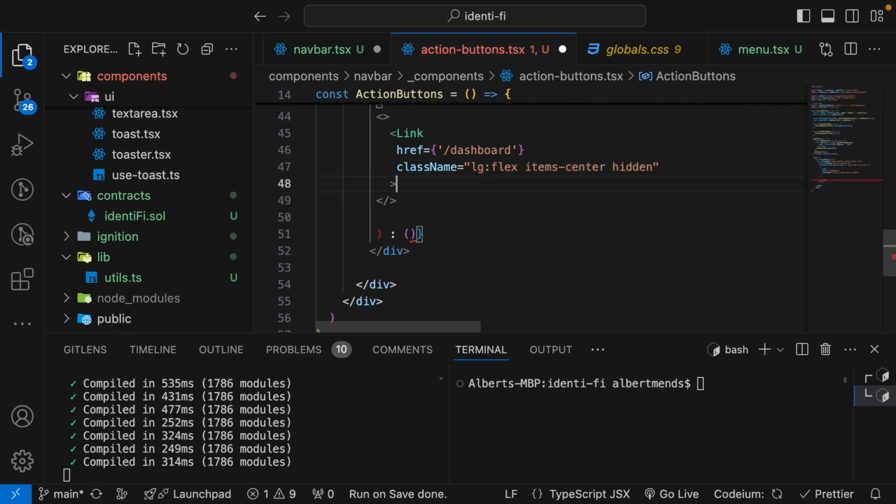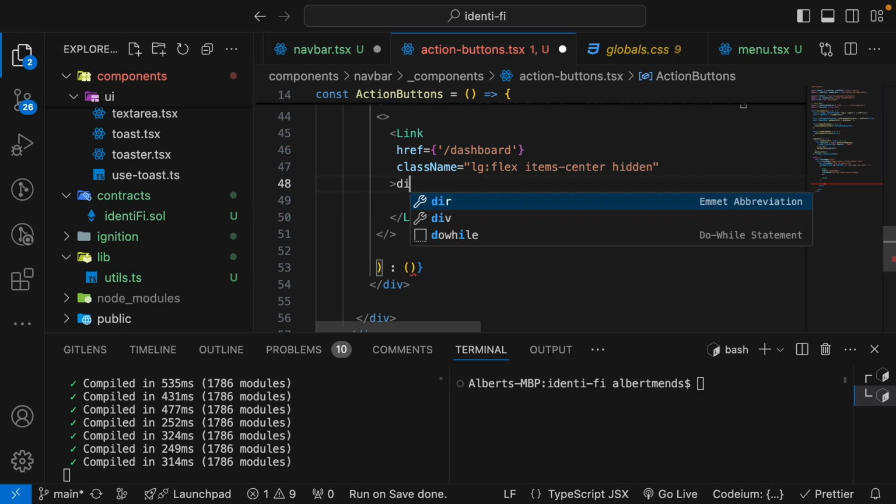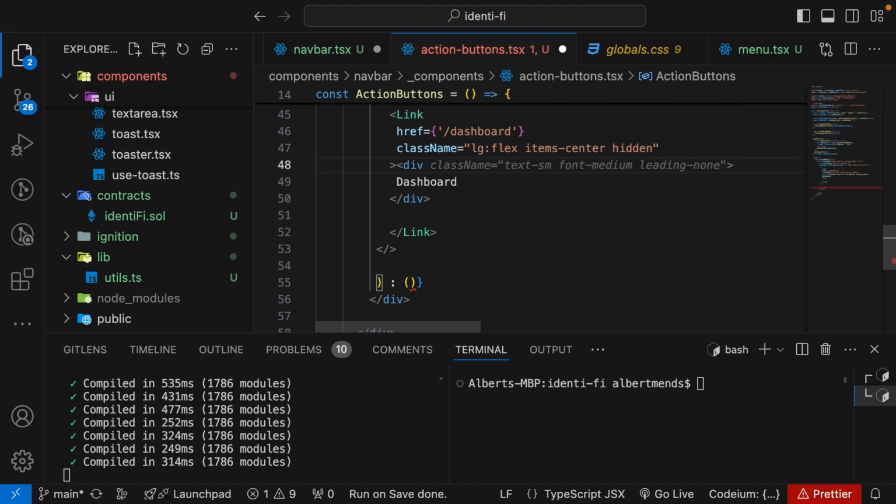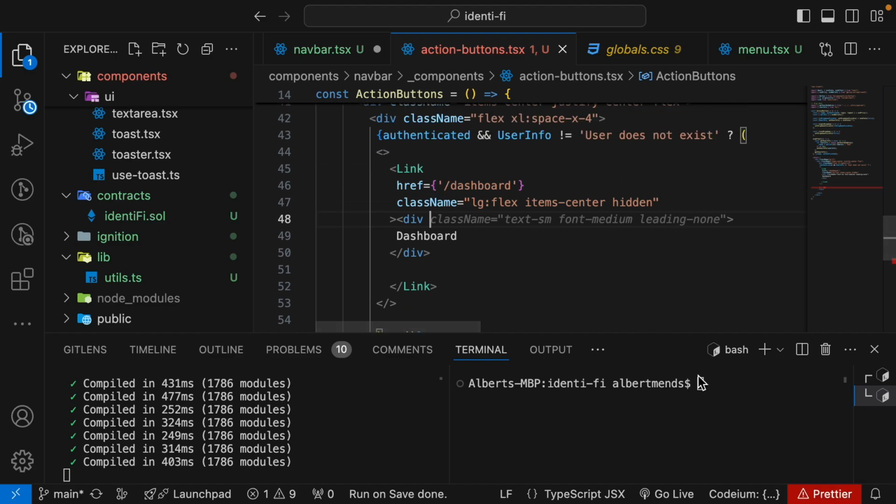And we have a div, and name it dashboard. That's going to hold the name itself, dashboard. Right, so we have this,